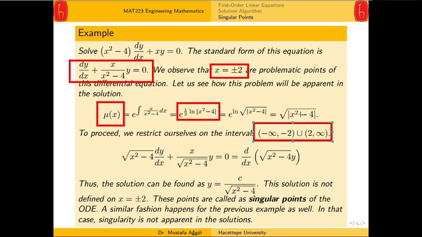this has to be positive, so it can be positive for either this interval. If you choose this interval, you can eliminate the absolute value, or you can restrict yourself to the open interval of negative 2 to 2. Okay, so we just choose this particular choice. Okay, when we do that, we can eliminate this absolute value, and we'll have